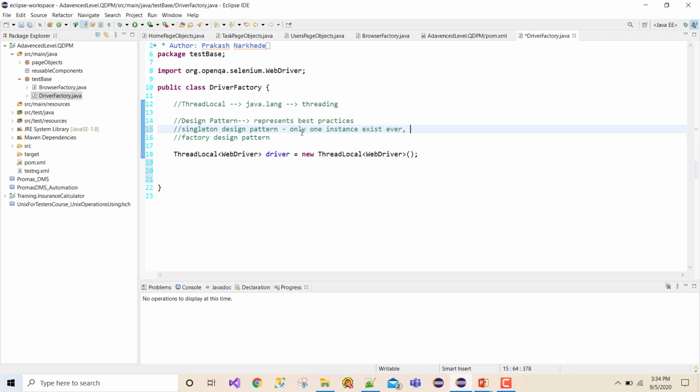How? By creating, let me write here, provide global access to that instance.